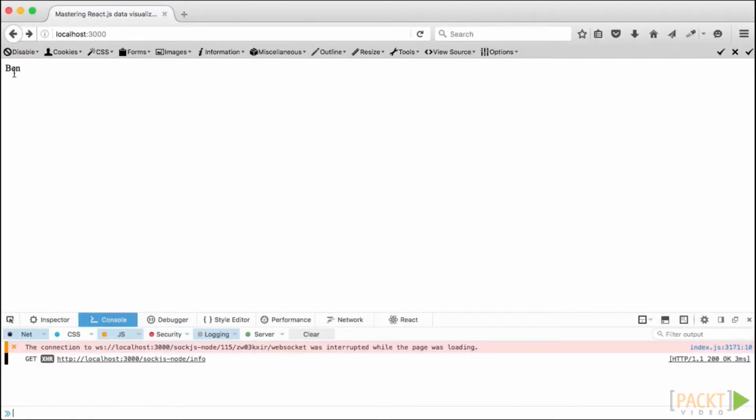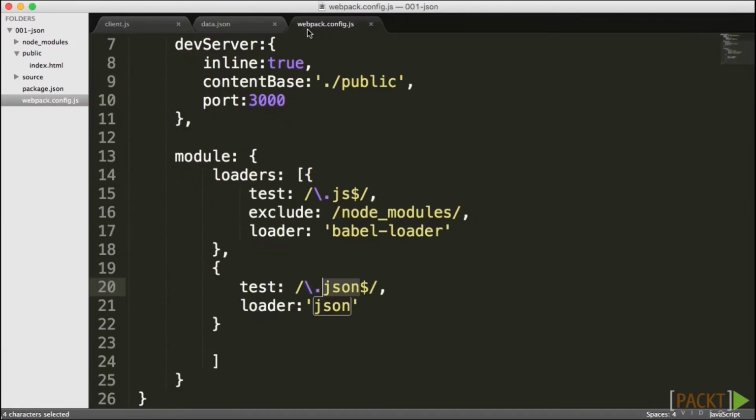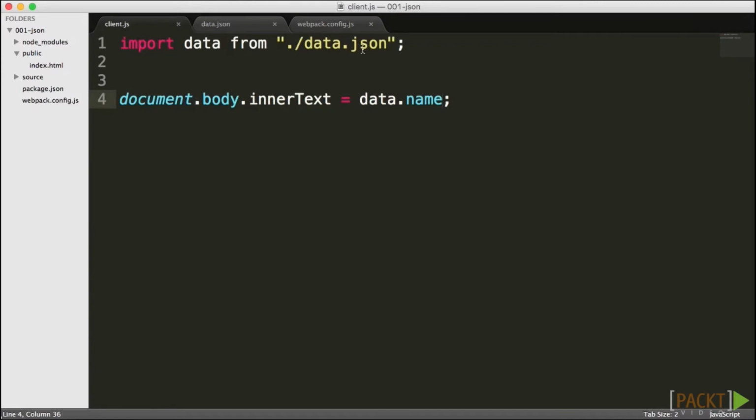Now, this, by the way, is not a standard in ES6, because ES6 does not support importation of JSON files. You could use different libraries and loaders, but it's not built into the package, although the support itself for JSON is built into JavaScript in general. But the loading of an external JSON file using import is not a standard, and we're actually using this workaround through Webpack to enable us to use it using that loader, making sure that it recognizes that it's inside of the client, it recognizes it's a JSON file, and then it fills the data object up with the data